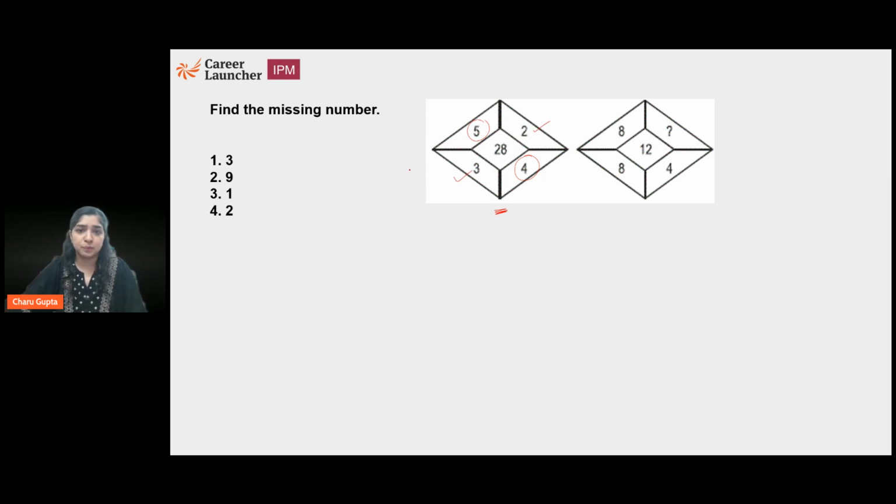Okay. Now, the other observation that I have personally in this pattern is that here the numbers are smaller and even then the number is 28. Okay. And here comparatively the numbers are larger, but the middle number is still 12, which is smaller. So therefore, I think subtraction sign has to be involved in whatever pattern there is in this figure.